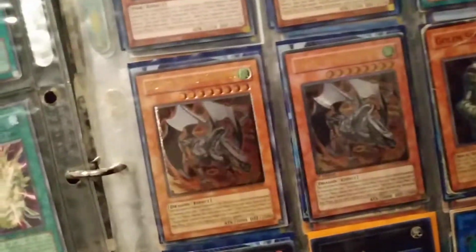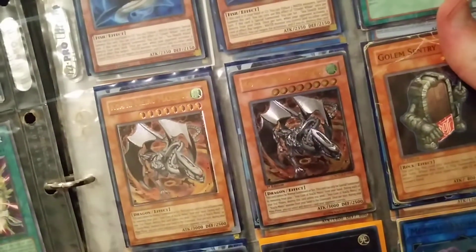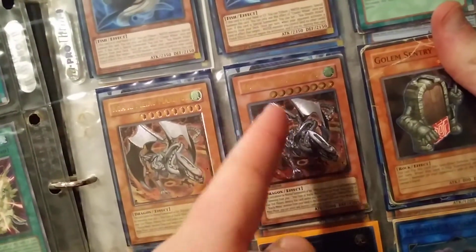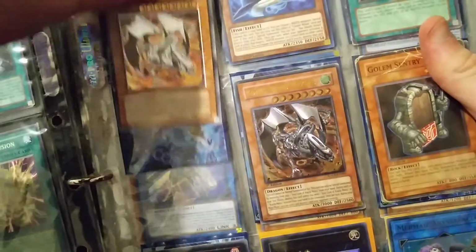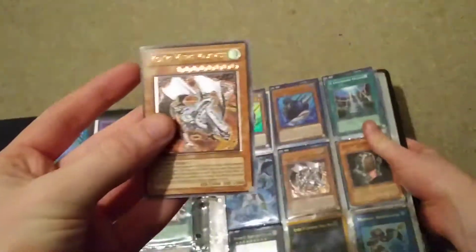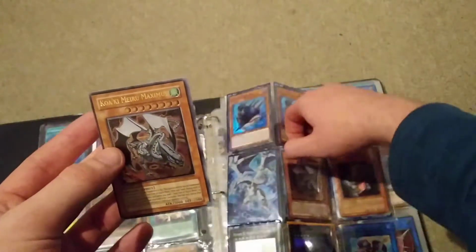Now we have these two Kokomo Maximus. What's the difference between these two? This one was the first ultimate rare I ever got, and this one over here is a misprint. And also the second copy of Maximus, which I did let my friend Greiken borrow for his